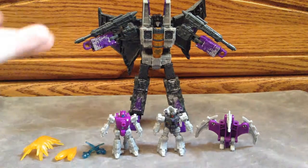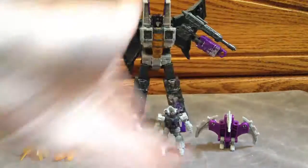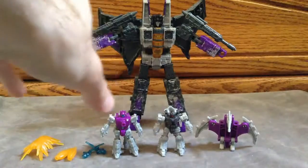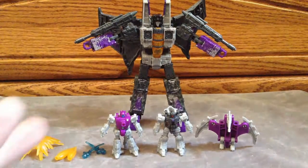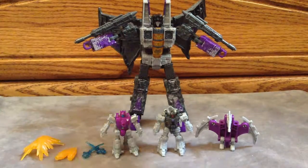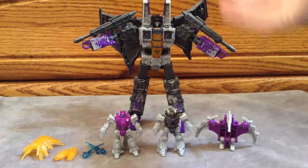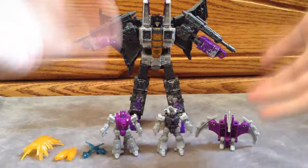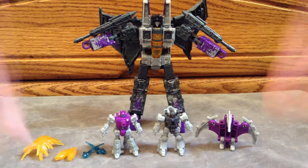But again, I'd rather have saved money and spent only 30 instead of 50 plus, because I paid to get it here earlier. But as for Skywarp and the little guys, they're not bad. The figure is great. The figures in this little box are really good. And yeah, they are really nice. Again, the weapons are loose. That's just something that they need to fix somehow. But yeah, it's not a bad set, but the biggest issue I had is the